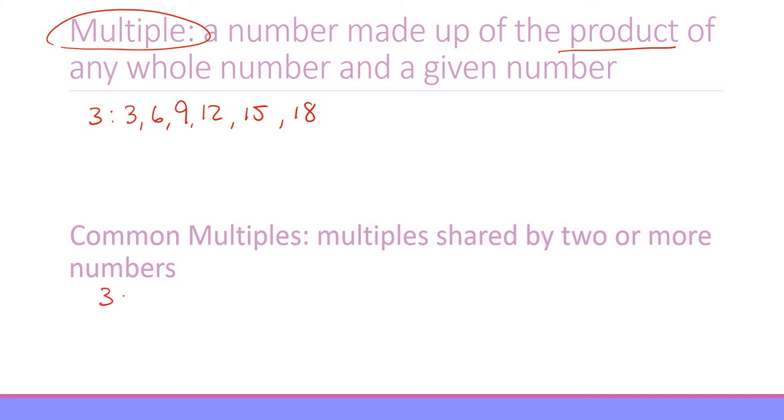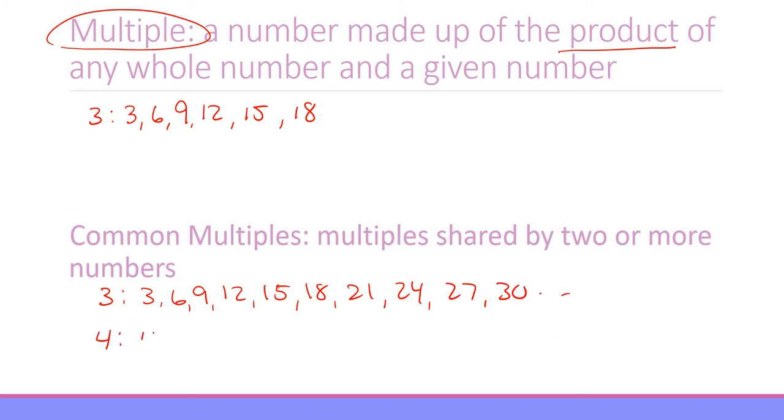Let's look at the multiples of 3 again. I'm going to write them over just so that we have them: 12, 15, 18, let's go a little farther, 21, 24, 27, 30, etc. And then let's look at the multiples of 4. So 4 times 1 is 4, 4 times 2 is 8, 4 times 3 is 12, 4 times 4 is 16. Let's keep going a little further: 20, 24, 28,